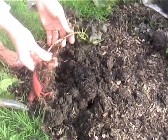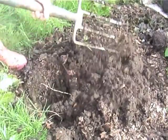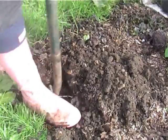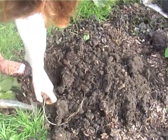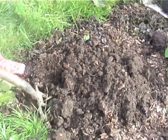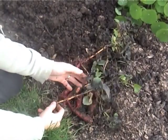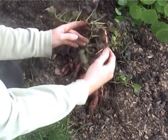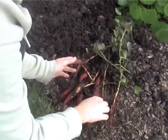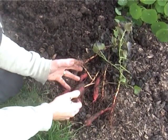Right, well that's one. I'll have a dig, and then I'll dig some more, and then I'll see what else I can find, and then show you in a bit. We don't want that because that's a weed. That's the grass. Right, well I've just dug all of them up. I didn't take the tops off of these ones because, unlike the ones in the greenhouse, they weren't that big. But I seem to have got more from planting them outside,